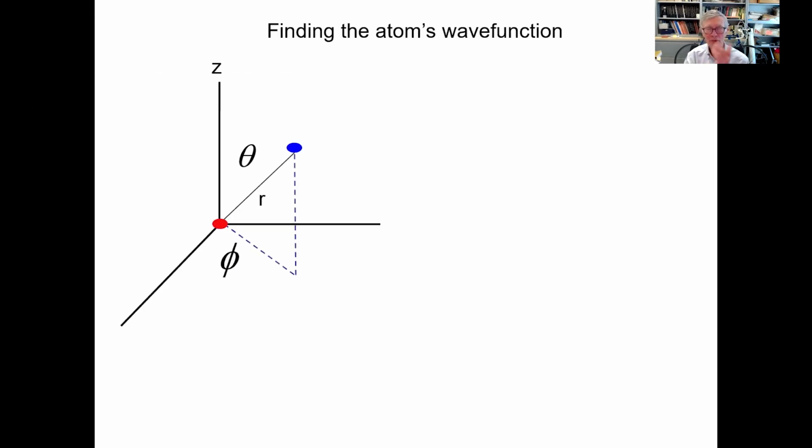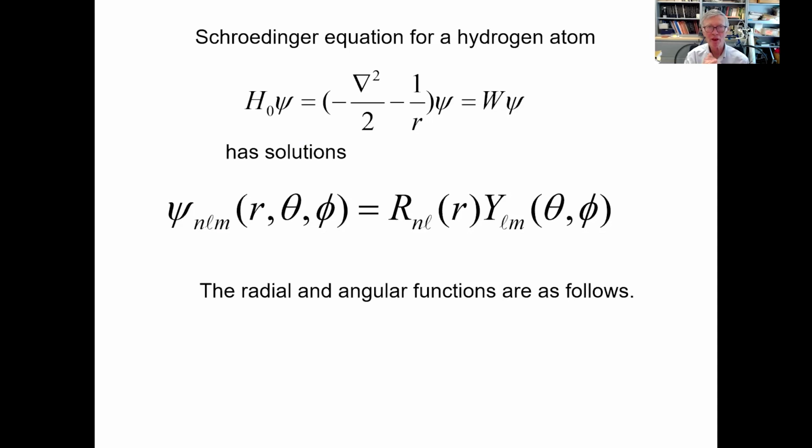Okay, so now I would like to move on to describing microwave transitions in an atom-field picture. So we first want to find the atom's wave function, which we do by solving the Schrödinger equation. Okay, this is the Hamiltonian operating on psi, which must be equal to its energy times psi. So this has solutions with the quantum numbers n, l, and m that I've already introduced, that are products of a radial function that depends on n and l, and an angular function, which is just a spherical harmonic.